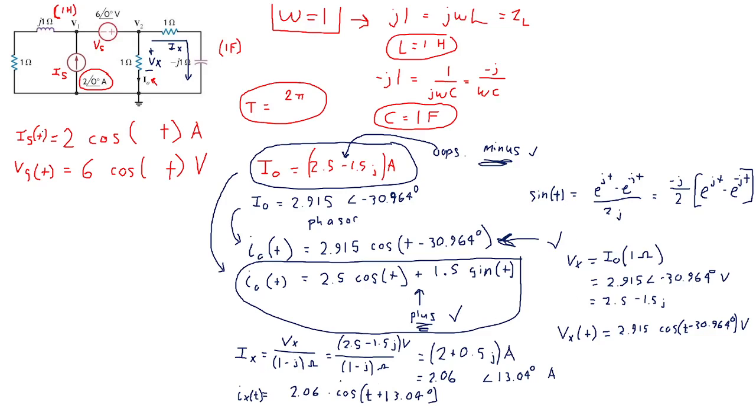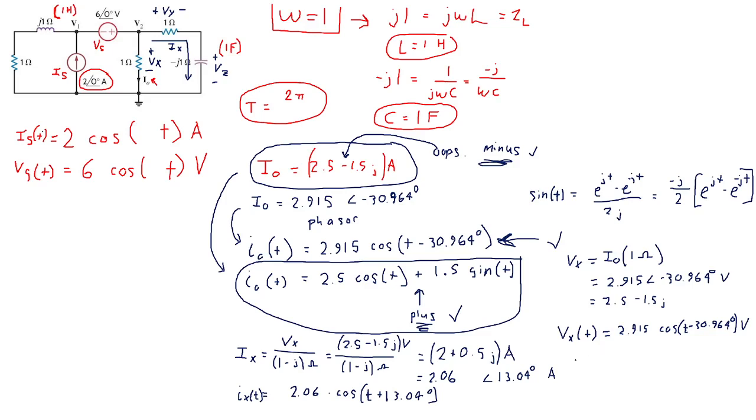That actually tells us quite a few things now. So we could, if we wanted to, write the voltage Vy across this resistor. We know the current flowing through it. So Vy,